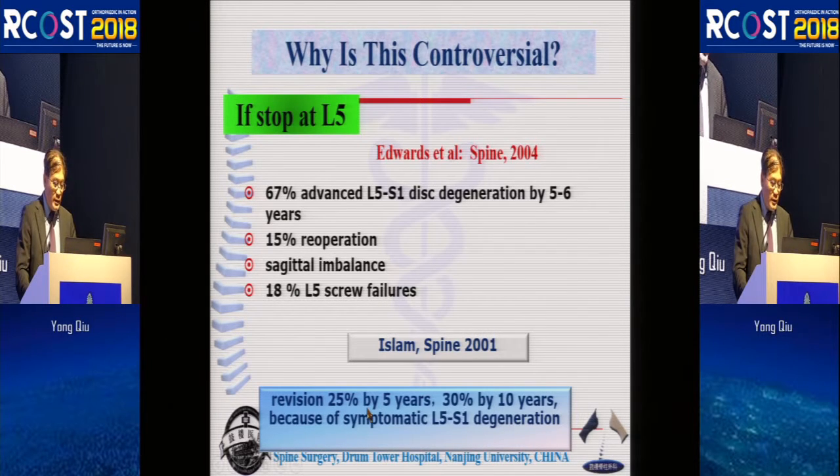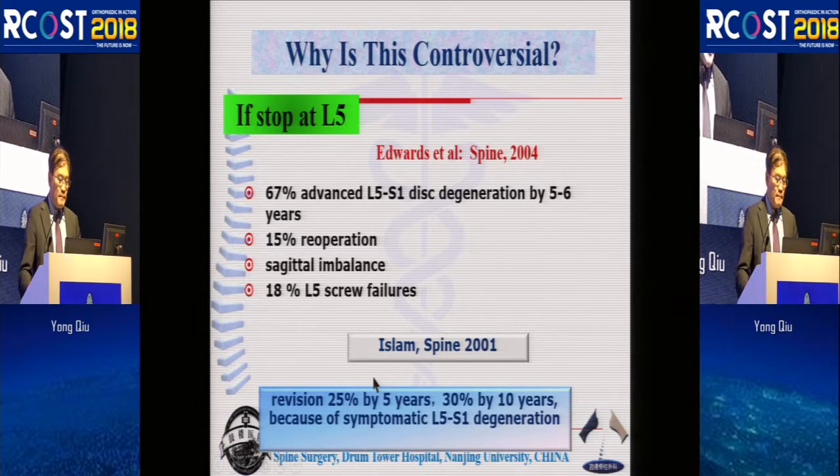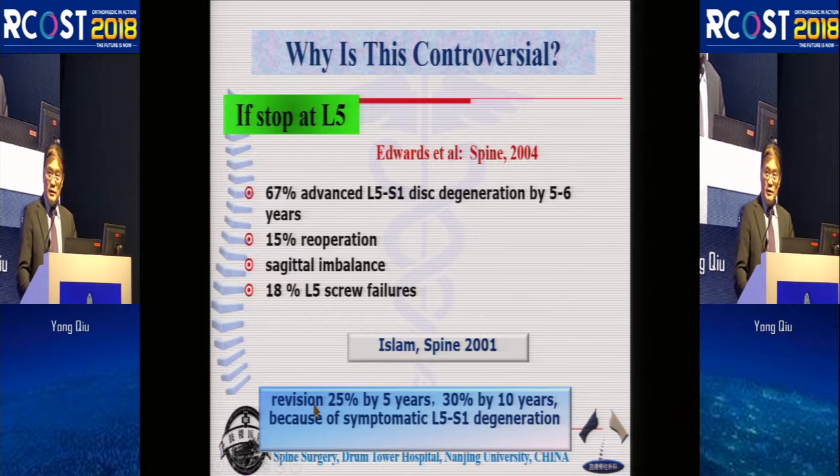In another study with long-term follow-up, if you stop at L5, the revision surgery rate reaches 25% by 5 years and 30% by 10 years. That means if you stop at L5, in 10 years 1/3 of the patients need revision surgery because of symptomatic L5-S1